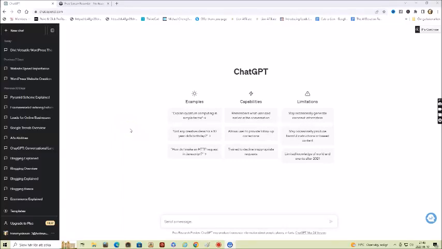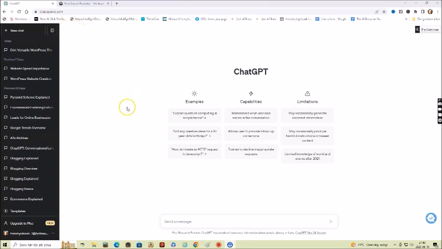ChatGPT and how you can rank high on Google when creating blog content with ChatGPT. I will also show you how you can make ChatGPT generated text more readable and look more like a human being has created it, because otherwise, if you don't edit your text, then Google might not rank your content. And you can sign up for free at